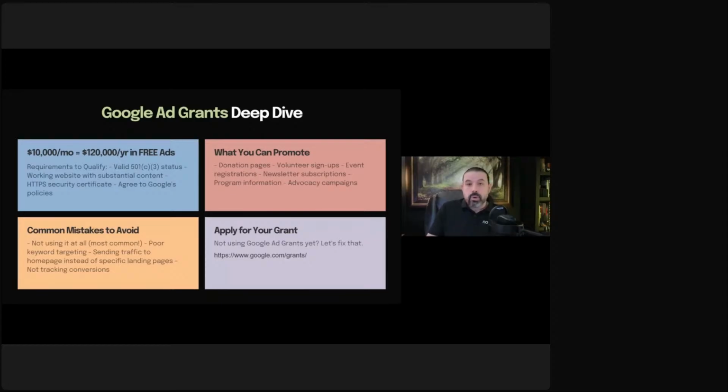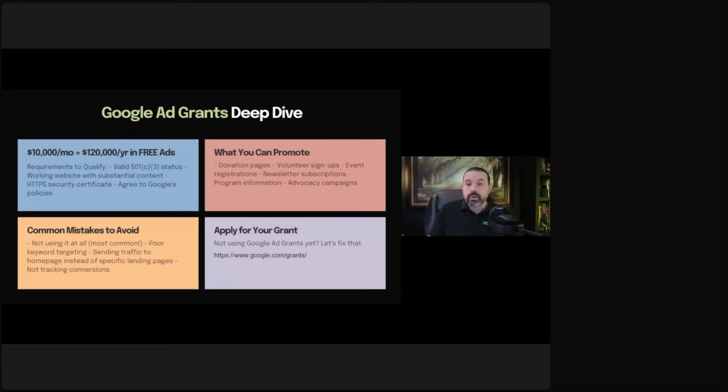And by the way, if you don't do all this combination of things, that $10,000 a month is a cap. Very few organizations even come close to using the $10,000 a month. They're using less than $1,000 a month because they can't get enough traffic. And that's kind of the downside to this, is that, yeah, it sounds great, $10,000 a month, but when you start actually advertising, unless you do this very strategically, you won't be able to use those 10,000. But if you can unlock that, then you're going to get a lot of traffic and you're going to get a lot of conversions.